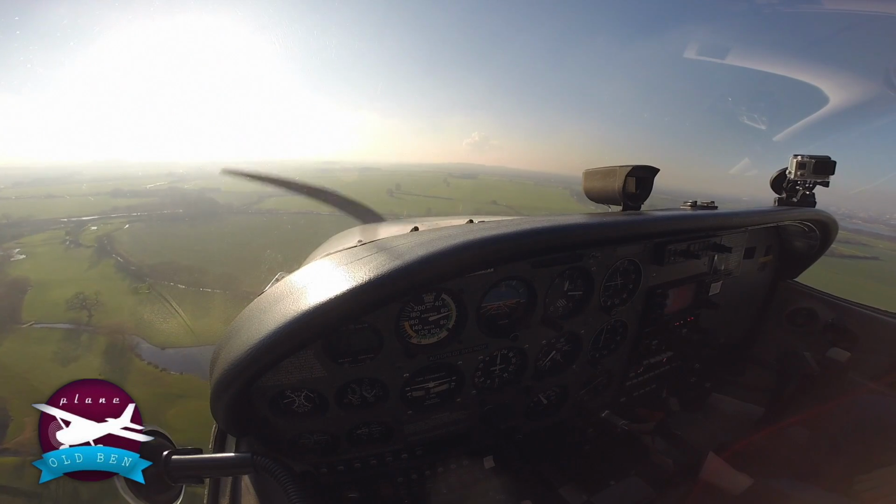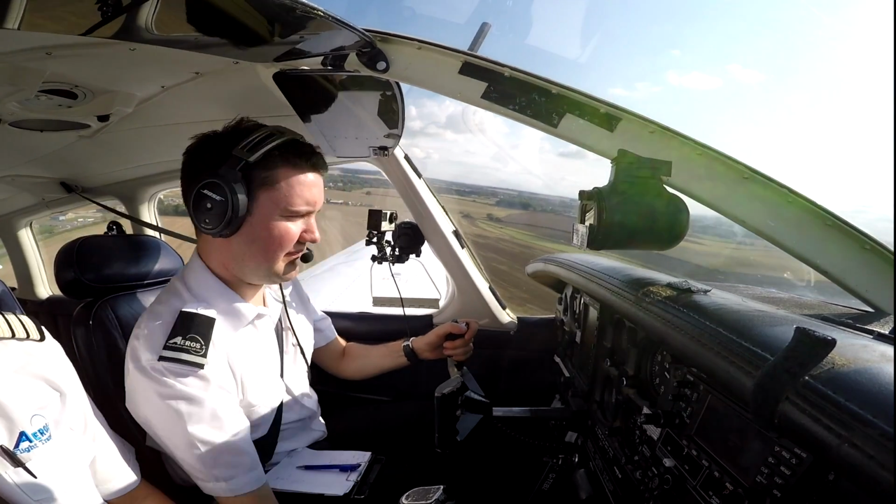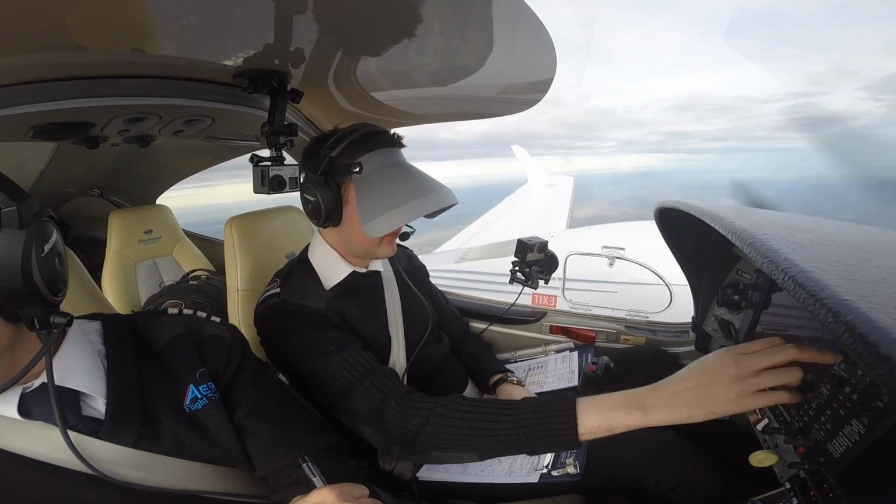The next day I'd fly it in the aircraft for real life, and back at the time I was starting doing Plain Old Ben, I'd have a GoPro in there and I'd be able to fly the lesson in the real world and then debrief from that. I carried on doing that the whole way up to becoming an airline pilot and flying the Dash 8 Q400